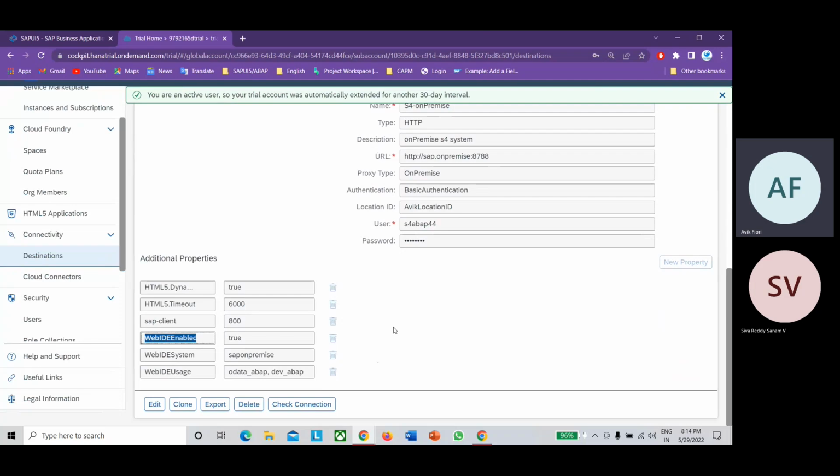This is very important. Make sure that for BAS, if you want to access this service in BAS, you provide this basic configuration like HTML5 dynamic destination. After that, you provide WebIDE enabled as true. For WebIDE system, you can provide any name. And after that, WebIDE usage: what type of usage of this destination are you going to use? We are using it from the OData perspective, so odata_abap and dev_abap. Once you mention these two,